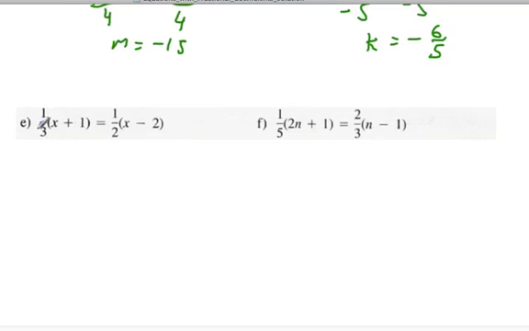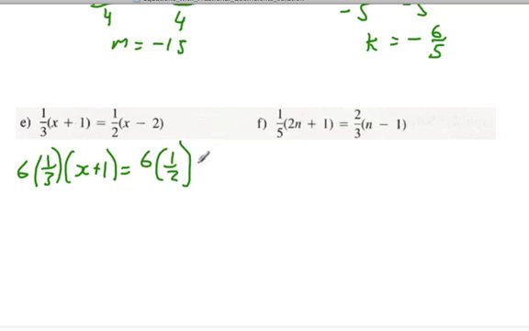Okay, common denominator here is 6, so we're going to multiply both sides by 6. And when we multiply this side by 6, we just need to multiply by 6 once, because once we multiply this by 6, we're multiplying everything on the left-hand side by 6. Same thing over here, we just have to multiply by 6 once, because the 6 will be distributed through the brackets when we multiply through. So this will be then